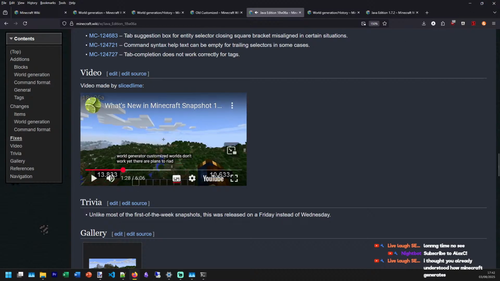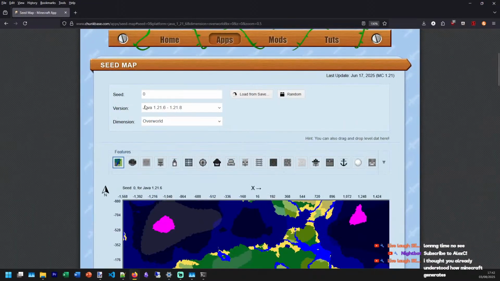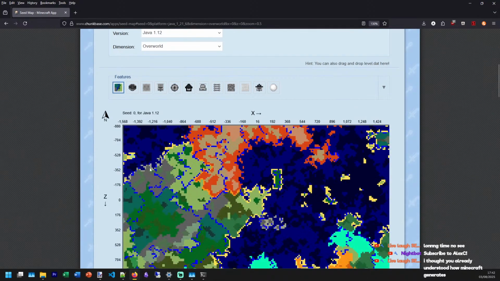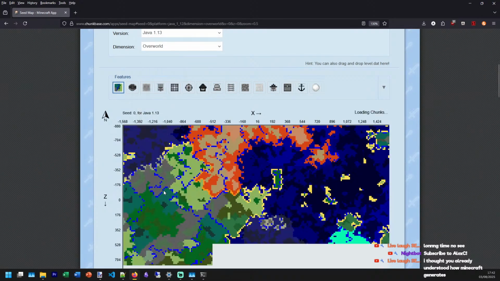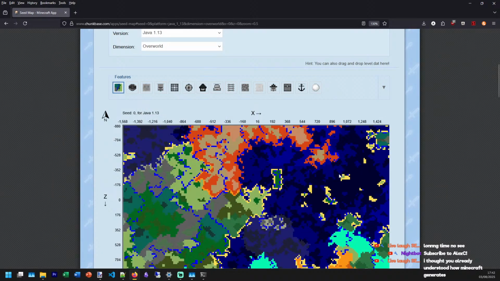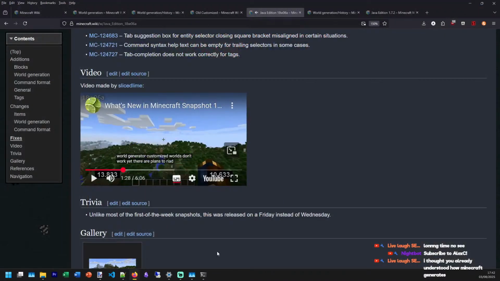Wait, what actually happened? Let me open chunk base. Oh, let's open chunk base now. Same though, weird.